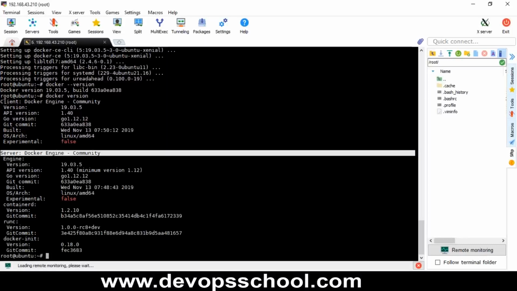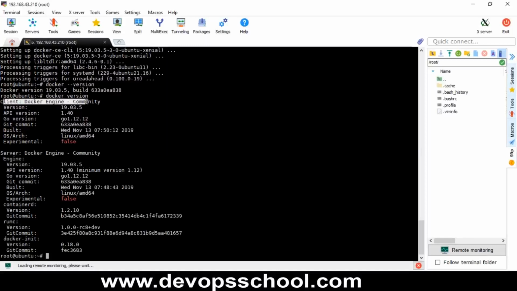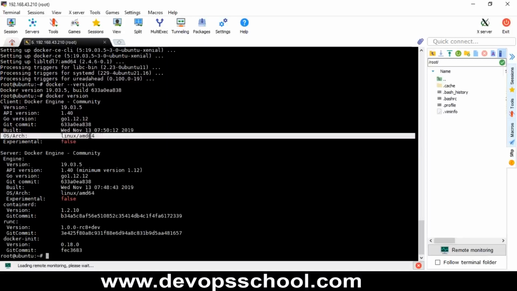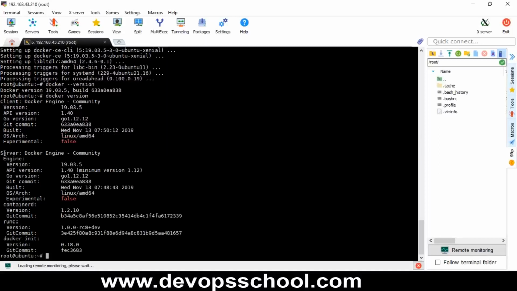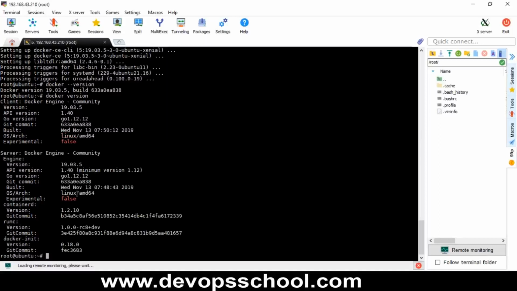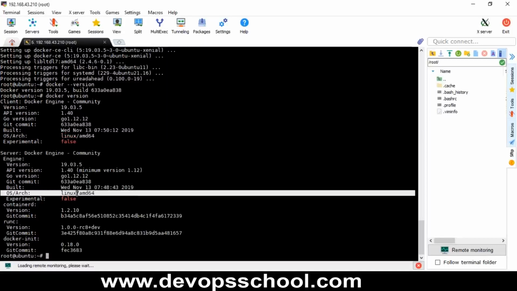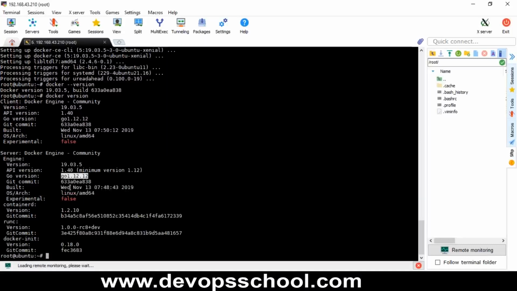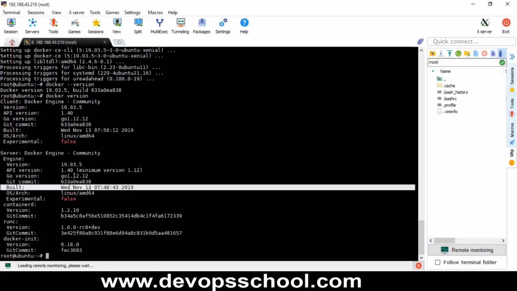Whenever you see the client section, it will show the operating system name, which could be Mac or Windows, anything. But this server section is the main Docker engine, and here it will always show the operating system architecture as Linux. The rest of the things will be the same: Git commit ID, build timestamp, API version, and so on,